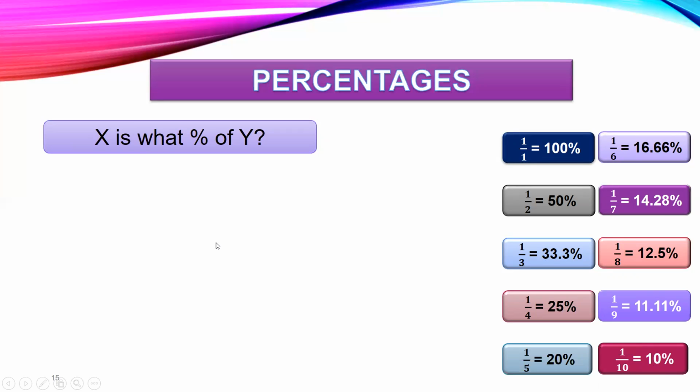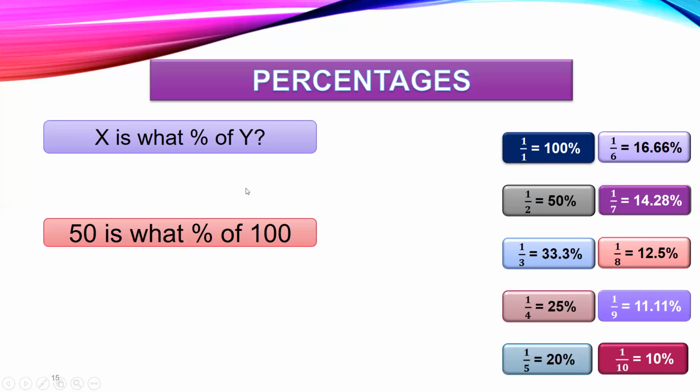Now when I say x is what percent of y, if I have to calculate like this, 50 is what percentage of 100, how do we do that? I'm first making your foundation strong by teaching you basics, and then we will go into it. So here it's nothing but 50 divided by 100 into 100, that is nothing but 50 percent. So this is how you calculate the percentage, and this one you definitely know. Next, how will you make use of this chart? I will teach you.